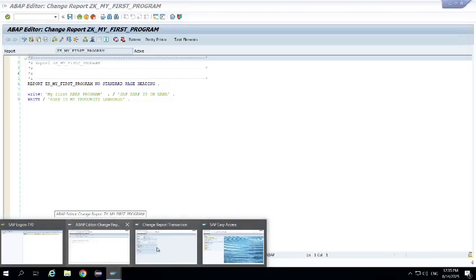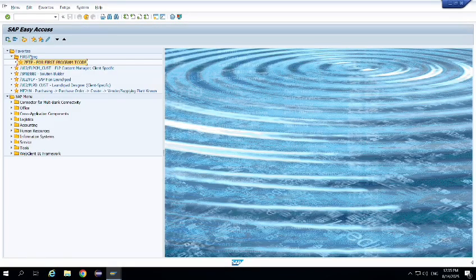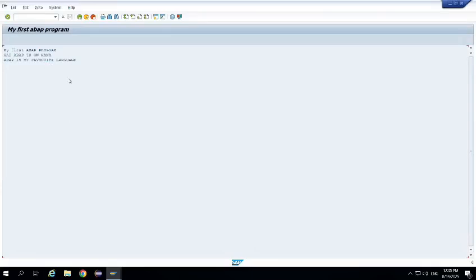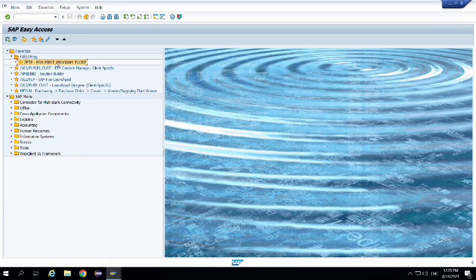Then go to the screen. Here you need to create a folder first if you want to add it as a favorite in your program. This is the first program folder I have created. Inside this folder, you can insert your program. Give the program name. You can directly access your program from here only. You can see in that program, whatever we have created in SE38, the 3 things I have written as strings, 3 strings. So you can also access your program when you add it as a favorite from SAP GUI.